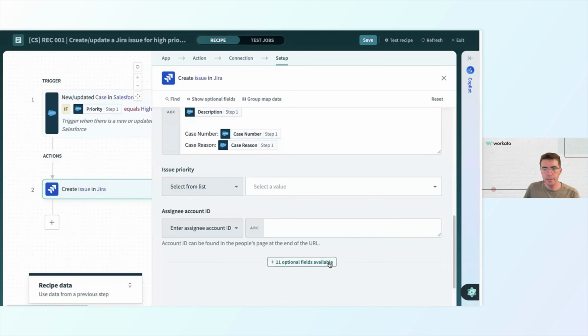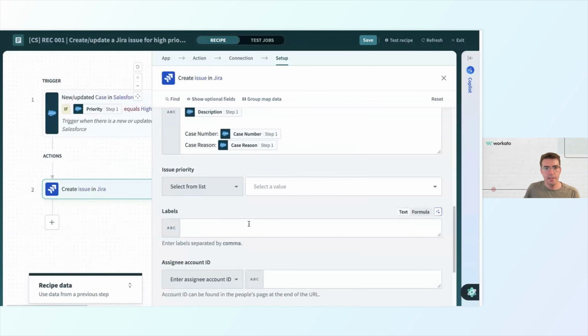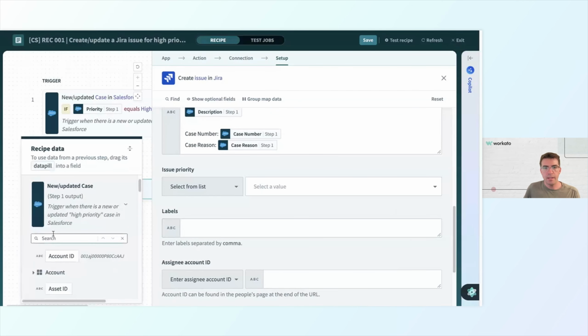Also, I'm going to select an optional field to show. What I think will be really helpful for the people working with this issue is if I add a label here. So I'll select add label. And I'll have the Salesforce case number be the value of that label. So that way it's easy for me to go back and forth between the Salesforce case and the Jira ticket and compare the two. So we'll do case number